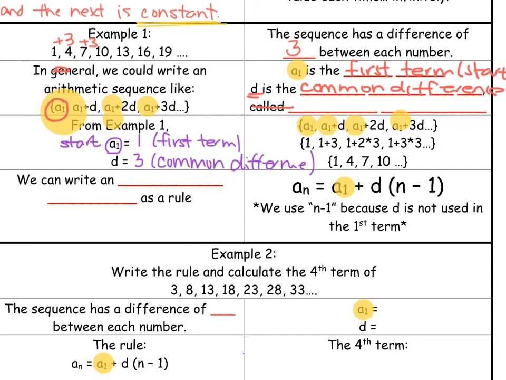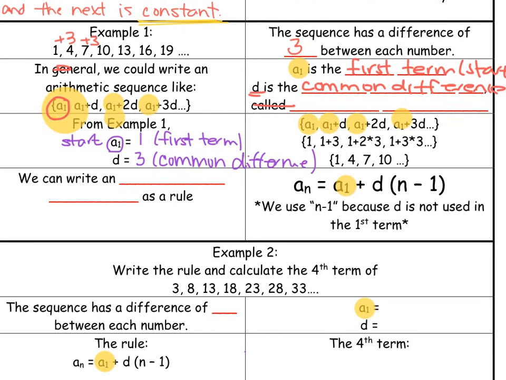So we can write an arithmetic sequence, and we can use this rule over here. So where did this rule come from? Let's go back and look at